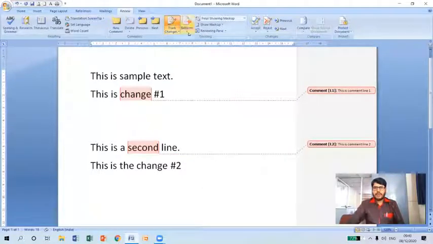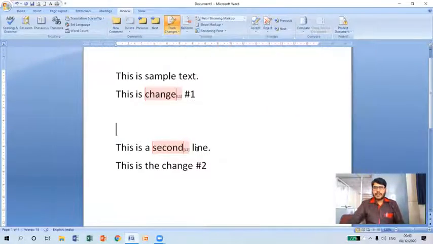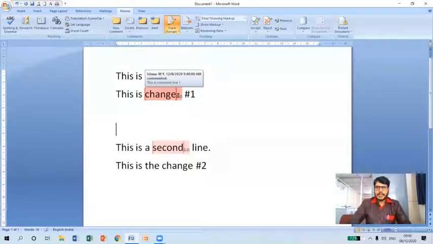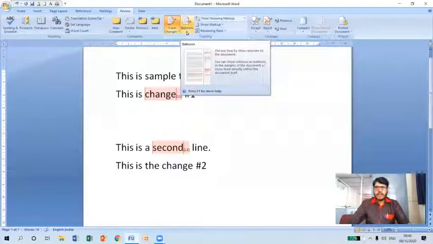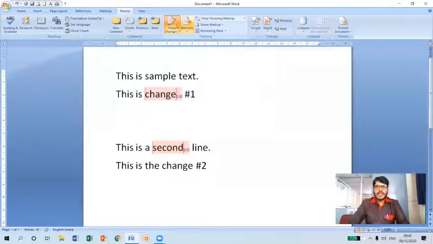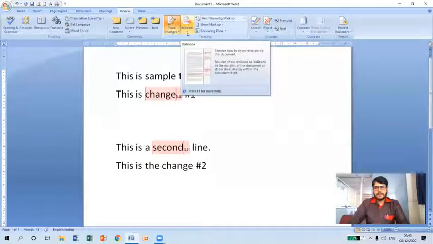Now I'm going to select the second option so that the comment lines will be hidden and appear within a line. So that is how we can show or hide the balloons within a line or with balloons. That can be changed by using the balloons option.